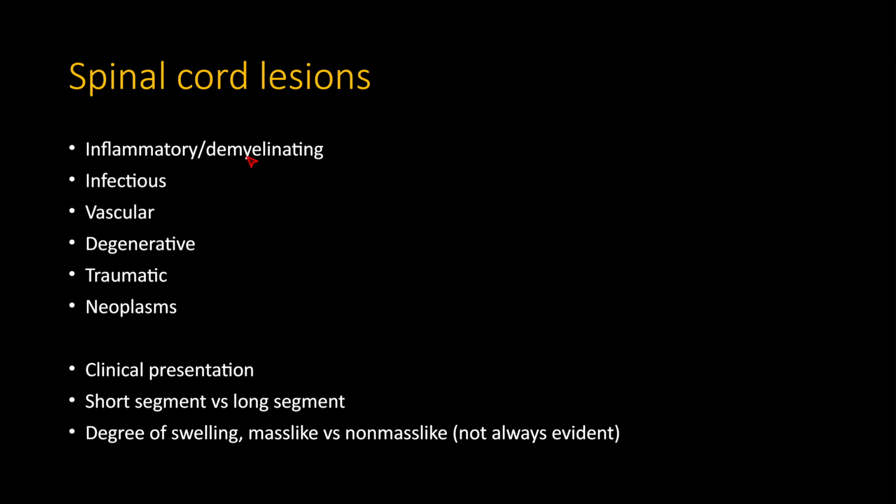So lots of different lesions can occur in the spinal cord. These include inflammatory demyelinating lesions, infectious lesions that are vascular in nature, degenerative and spondylotic lesions, obviously a very common source of spinal cord lesions, traumatic, and also neoplastic lesions. The emphasis of this talk is going to be on the non-neoplastic etiologies, and the neoplasms I'll talk about towards the end, and I'll lump them all together, although spinal cord neoplasms could even have their own talk. But the emphasis will be on the inflammatory, infectious, vascular, all the other causes of spinal cord